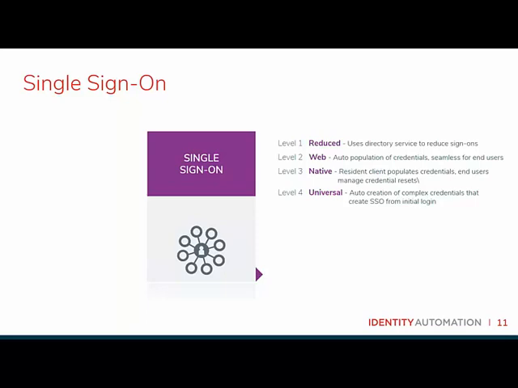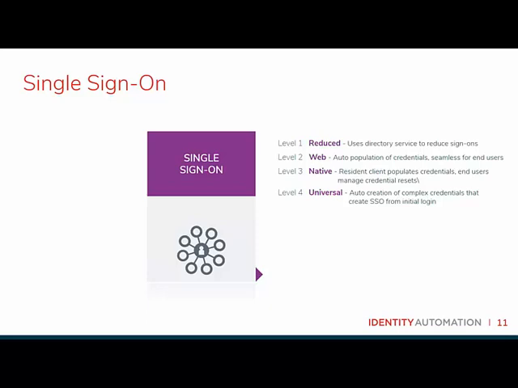More than likely, though, organizations are at, possibly surpassed level 1, reduced sign-on, which leverages an authoritative password source like Active Directory to ensure that a user's credentials are the same across applications. Now, the user will still need to log in to each application, but they can use the credentials, user ID and password, that they've set in the authoritative source, Active Directory for example, instead of having unique credentials in each account.